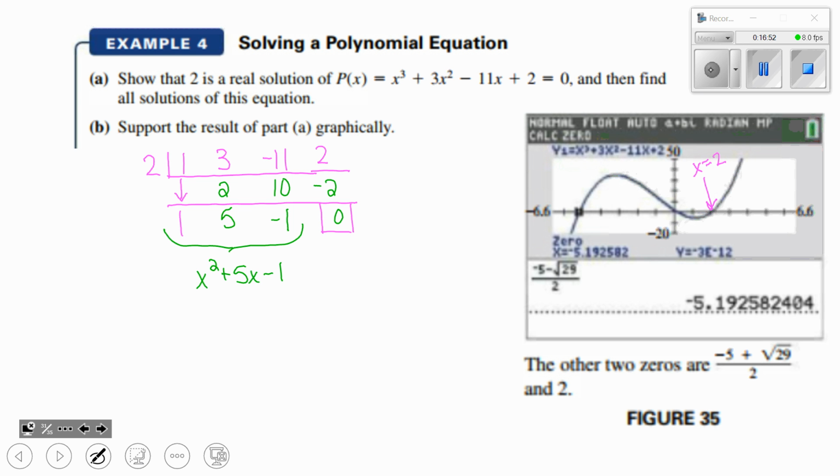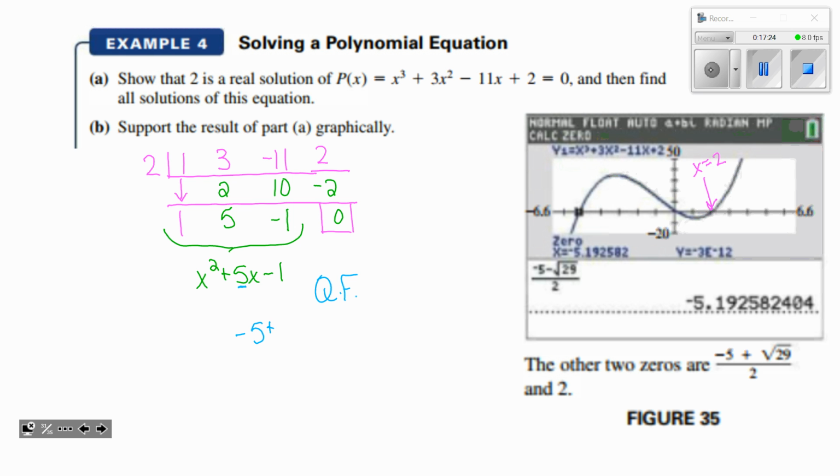And just by inspection, that is not going to be factor friendly. The only thing I can multiply to get a 1 is 1 times 1, and 1 plus 1 does not make 5, no matter what I do. So we have to use the quadratic formula if it's not factor friendly. I guess we probably could complete the square, but I wouldn't, because 5 is odd, so we would have to cut 5 in half and square it. I don't like doing that with fractions, so if we use the quadratic formula, we have the opposite of b,